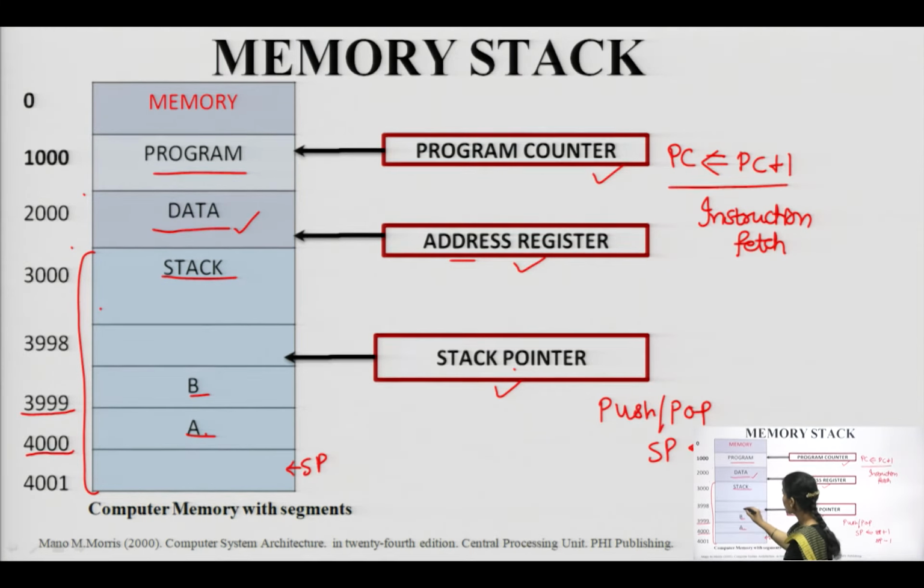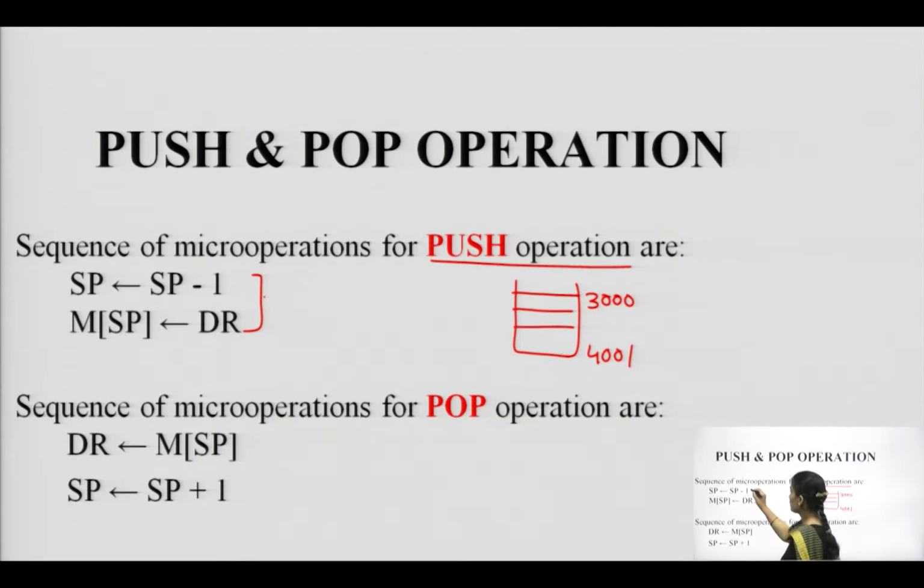The third push operation will take place at 3998 and so on. And after 3000 it will move on to 4001. So, for performing the push operation, my stack pointer will be decremented first, then I will perform a memory write operation, that is the value from DR will be copied into M